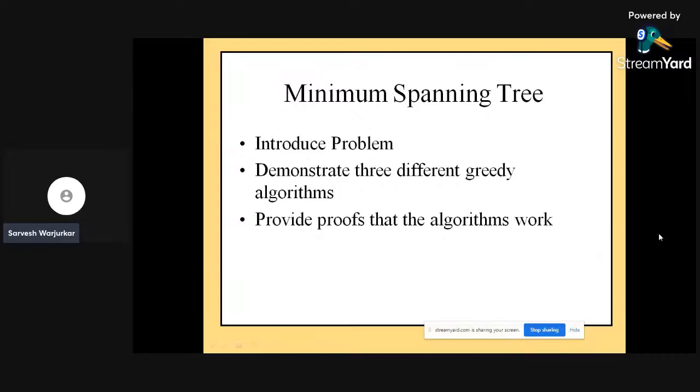Yes, it can be demonstrated by using three different greedy algorithms, where we can provide the proofs of the algorithms. A minimum cost spanning tree is nothing but a graph that is connected and acyclic. As we know, the definition of a spanning tree is simply an undirected graph, a subgraph that is a tree and can join all